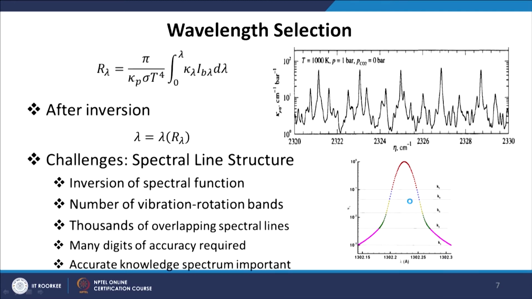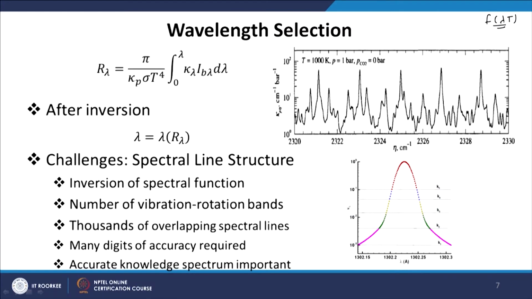The last part is the wavelength selection, which is the most complicated part of the Monte Carlo method, and it requires significant resources also. For flat surfaces also it was difficult, but because the emittance of flat surfaces does not vary abruptly, it is relatively easy to find the wavelength selection by using the tables of f lambda t. We discussed this in the previous lecture, how from the tables of the f function, that is the fraction of black body emissive power, the wavelength selection can be done.